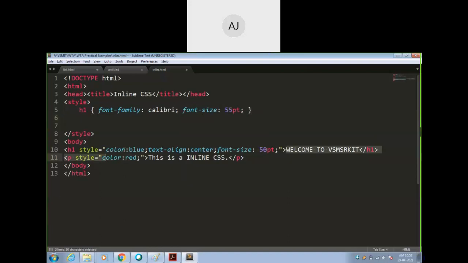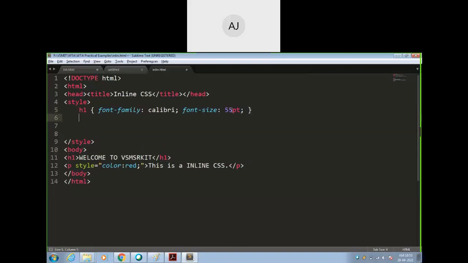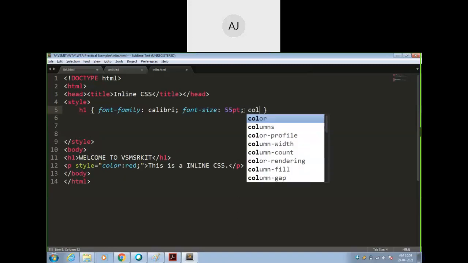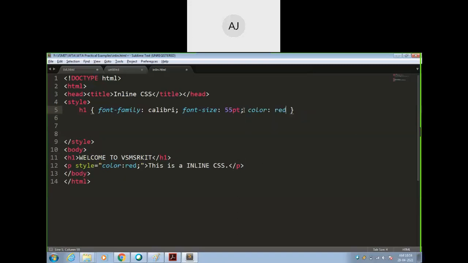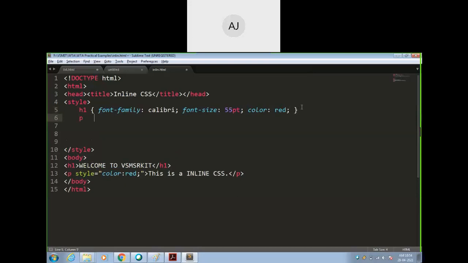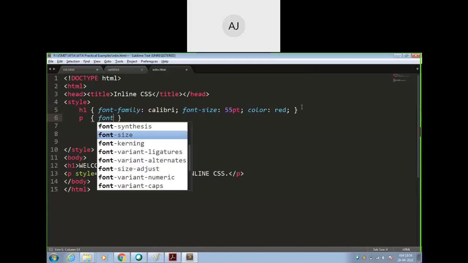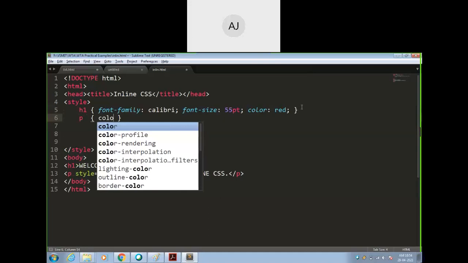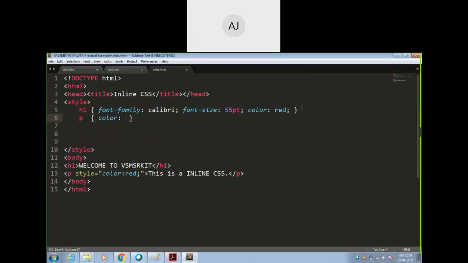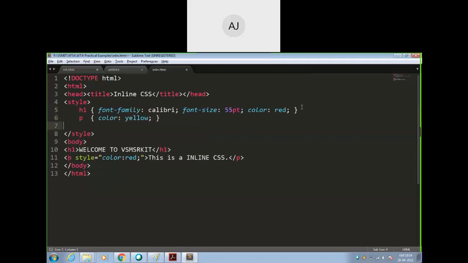See, now there is an important thing that comes here. I will delete this. Within the body I will use H1, and for the P also I will do something. So font color I need to give, no. So color I can use here red. Okay. So this is for H1, and for P I will write one more style rule. Color, directly I can use color. I will use yellow. Okay, yellow. Done. So my style is completed.